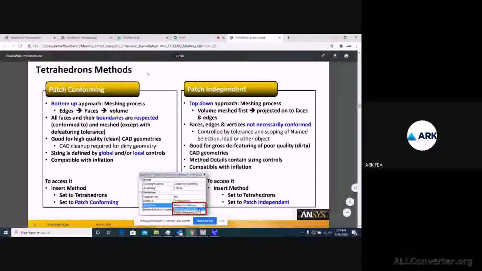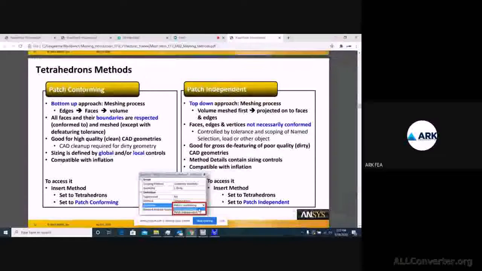In terms of patch conforming, as you have seen in the first image, certain sharp edges exist. So if meshing starts first with the edges, then those edges are easily captured first, and then meshing takes place on the surfaces, and then whatever elements have to be accommodated in the volume, the complete volume is meshed.